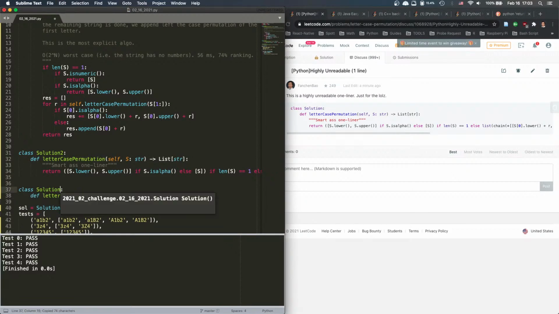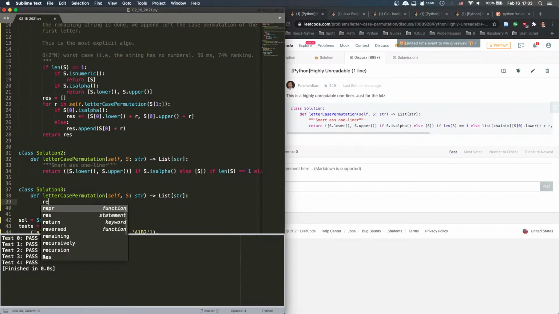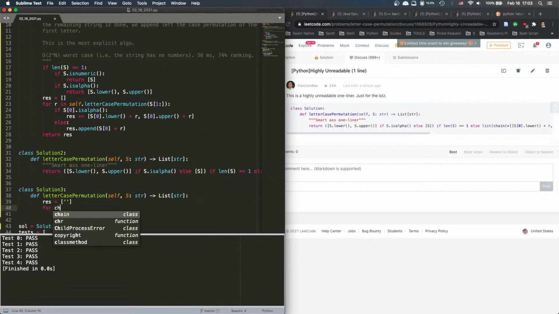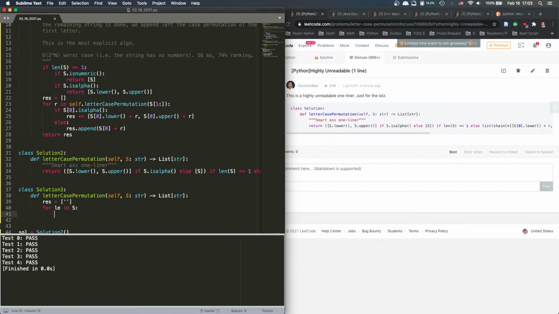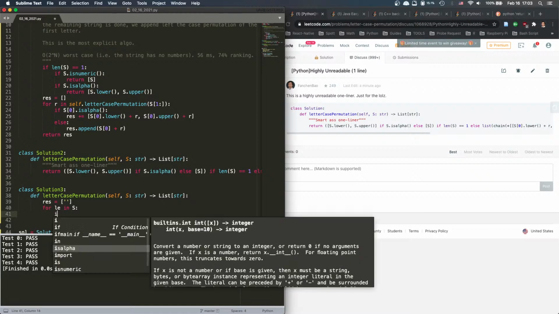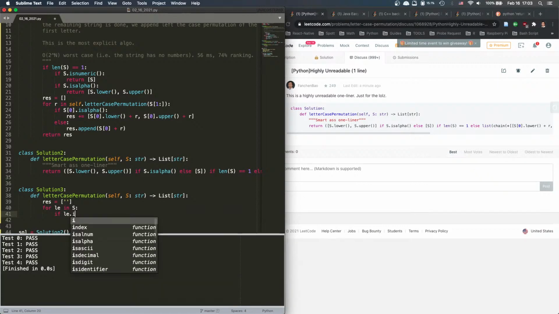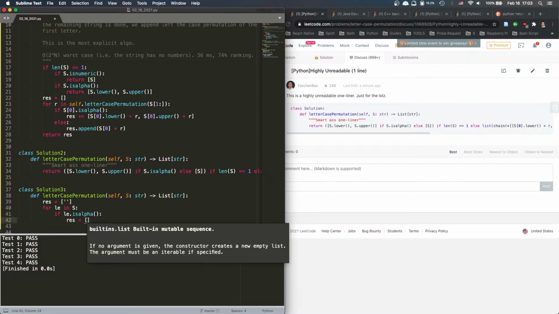This solution, I think it's more standard. Res equals this, and I would just say for letter in S, right? And then what we're going to do is res, if letter is alpha, right? If letter is alpha, then I want to say res equals